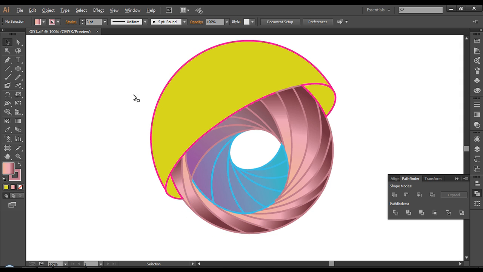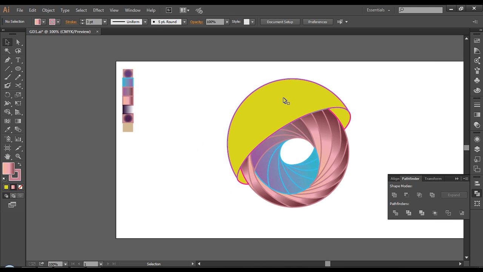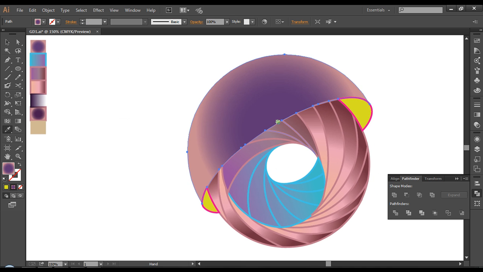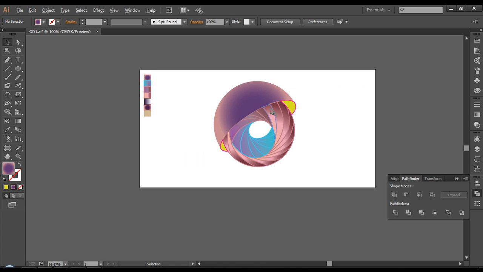Now once we have achieved all this, let's work on the top portion also. I select this one, and I just remove the border color, or maybe I have a color which doesn't have a border. With Shift and Alt pressed, I select this and fill it with this color, and G for gradient. It's a gradient color where in the center I have given some dark purple and here light pink. Just move around and do the proper adjustments like this, and you get that nice effect.